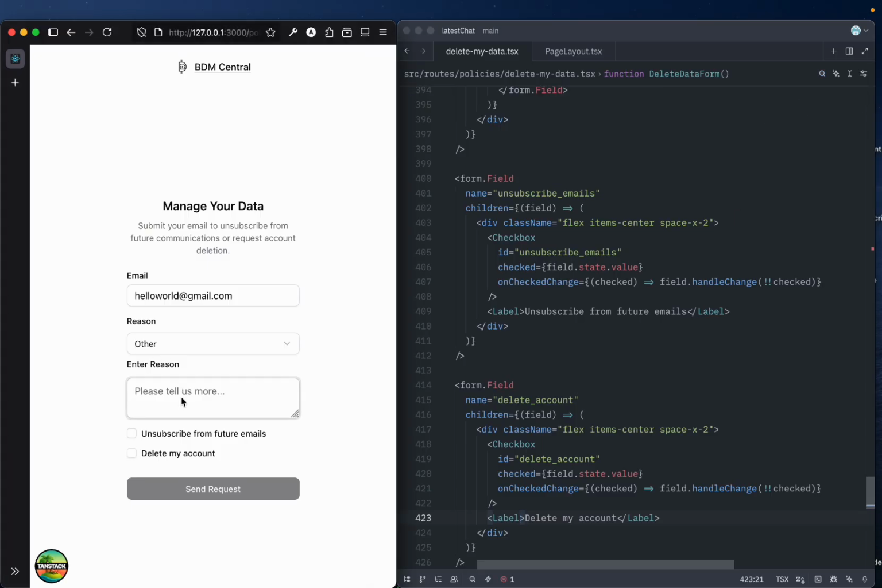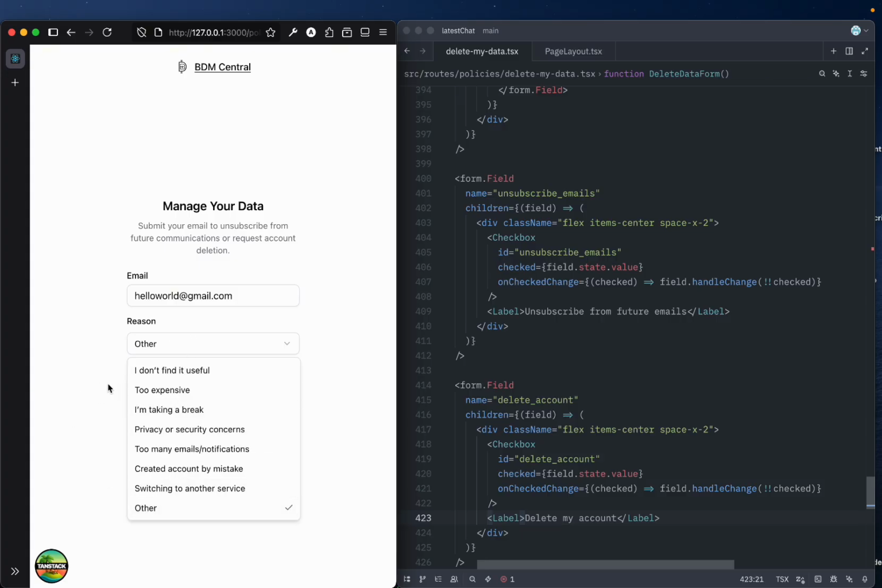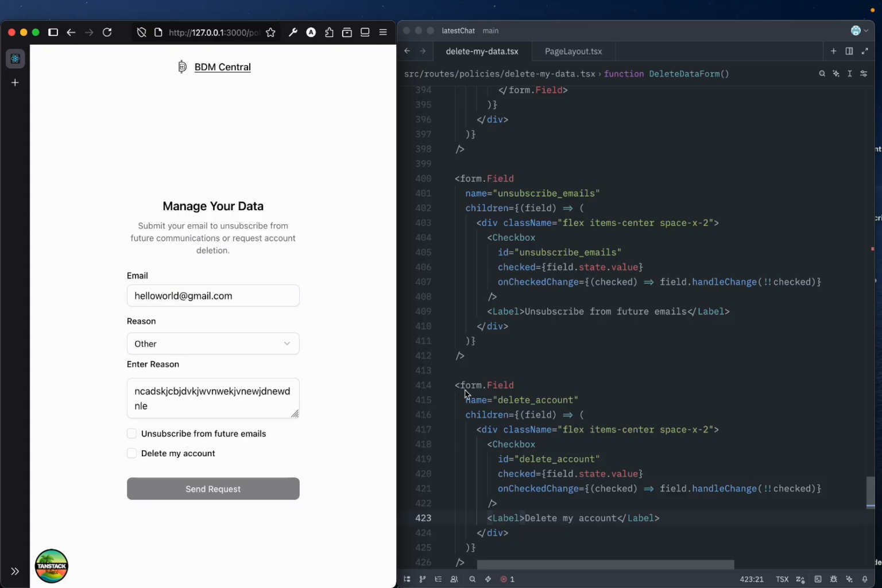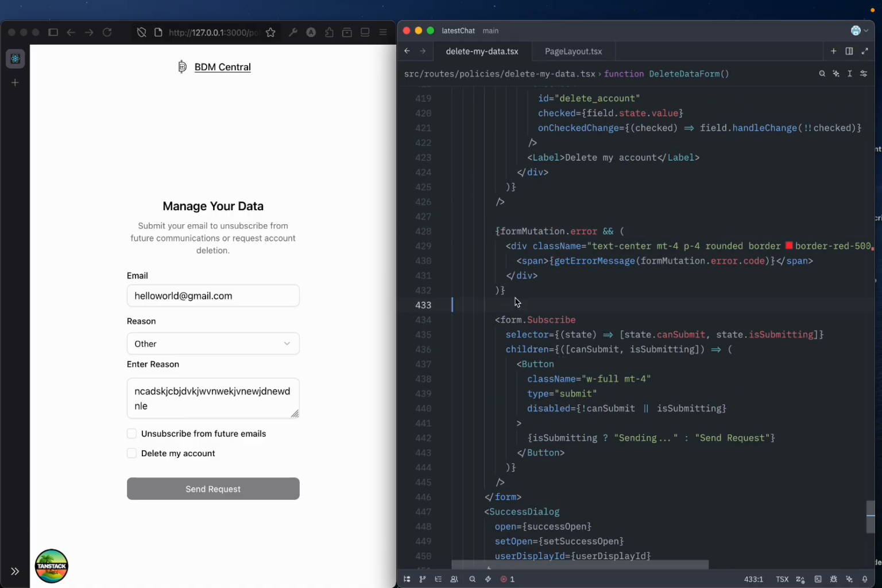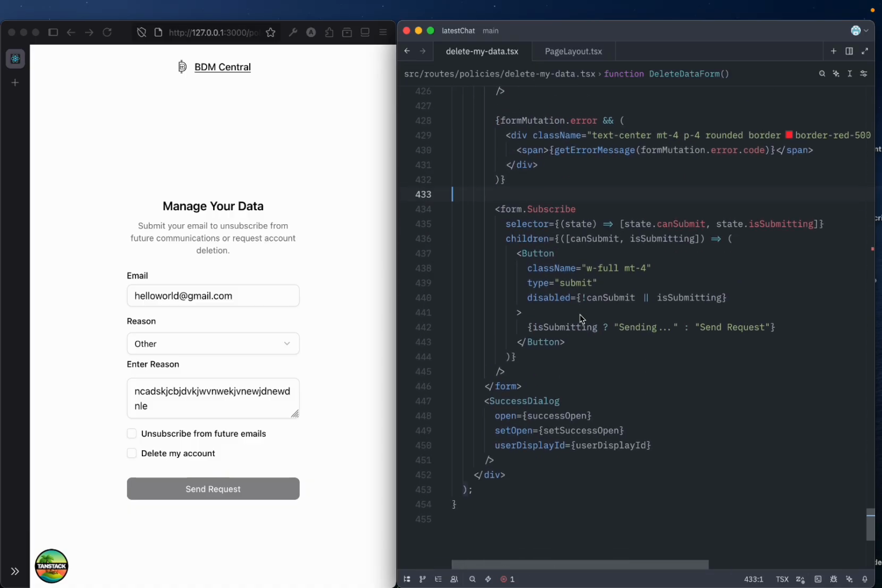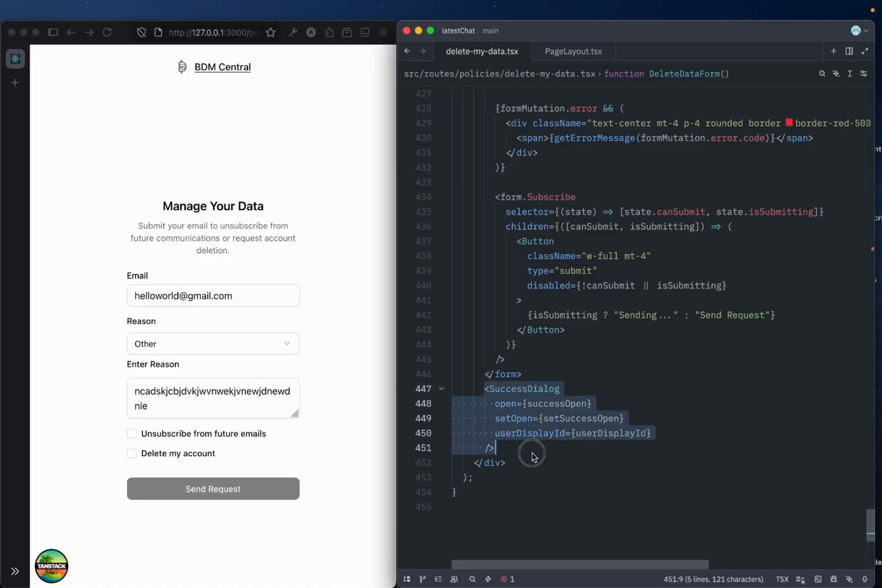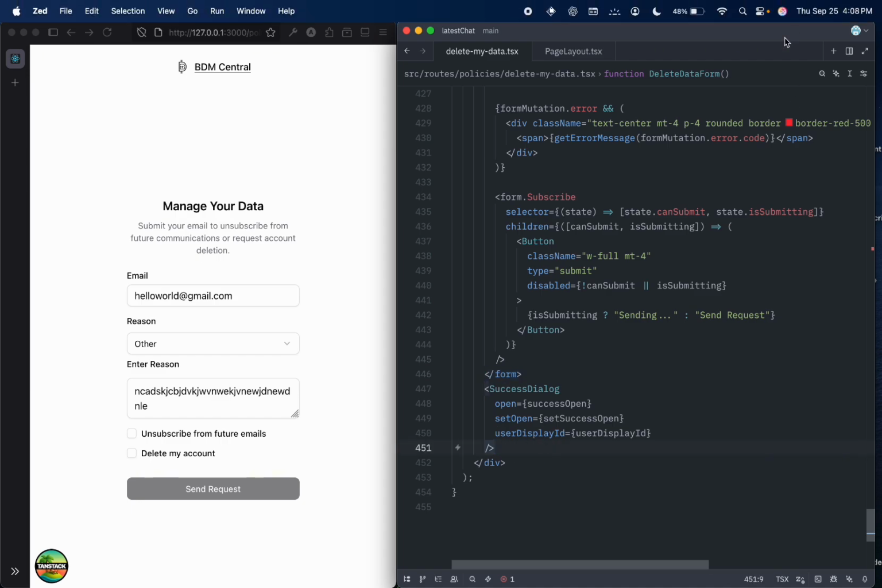So yeah, people can type a quick message on why they canceled if the explanation is not one of these. And then they send the request, and we have our form handler. We also have the error. Can't really show you how that works right now, it's kind of complicated. But then here's our success dialog, which we initialize inside the div but outside of the form. And yeah, thank you for joining our